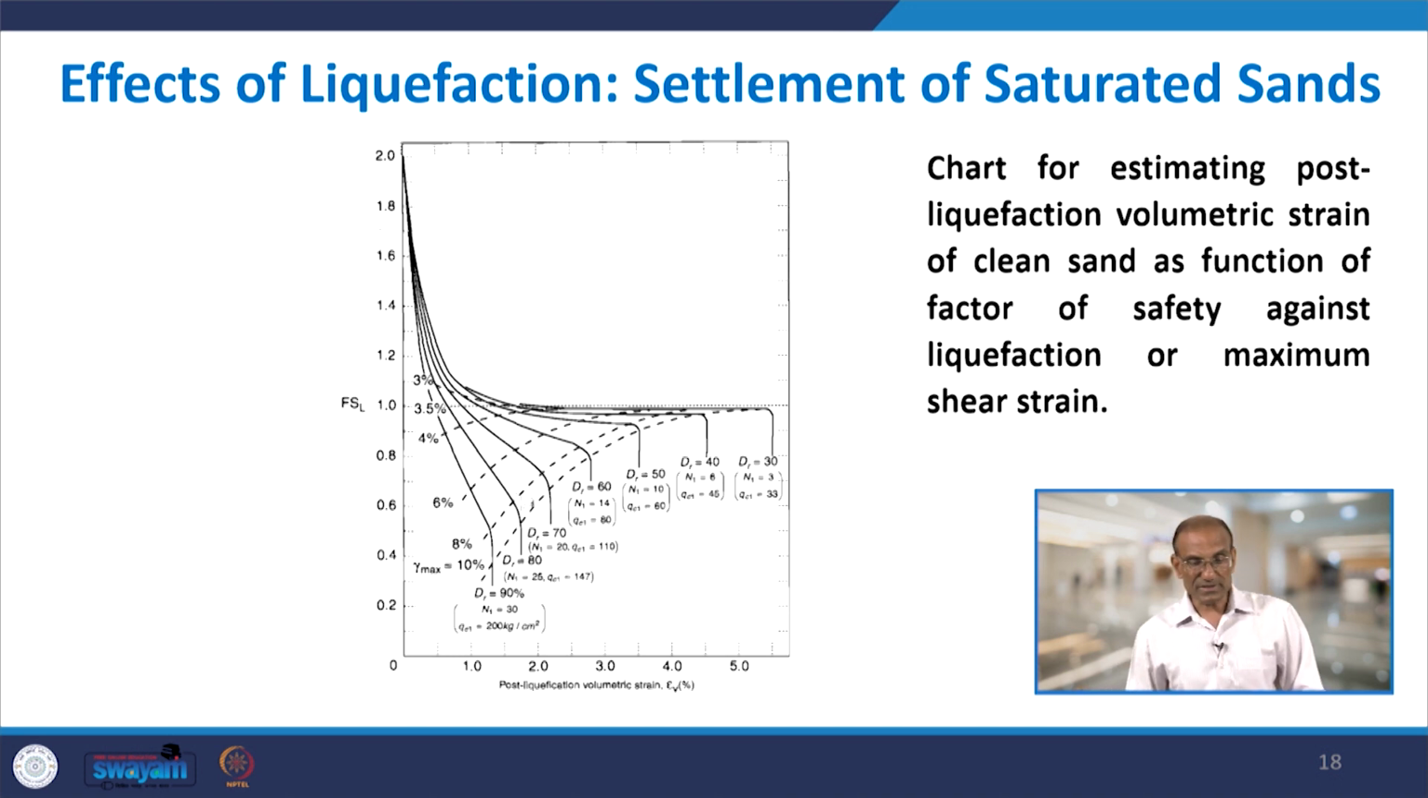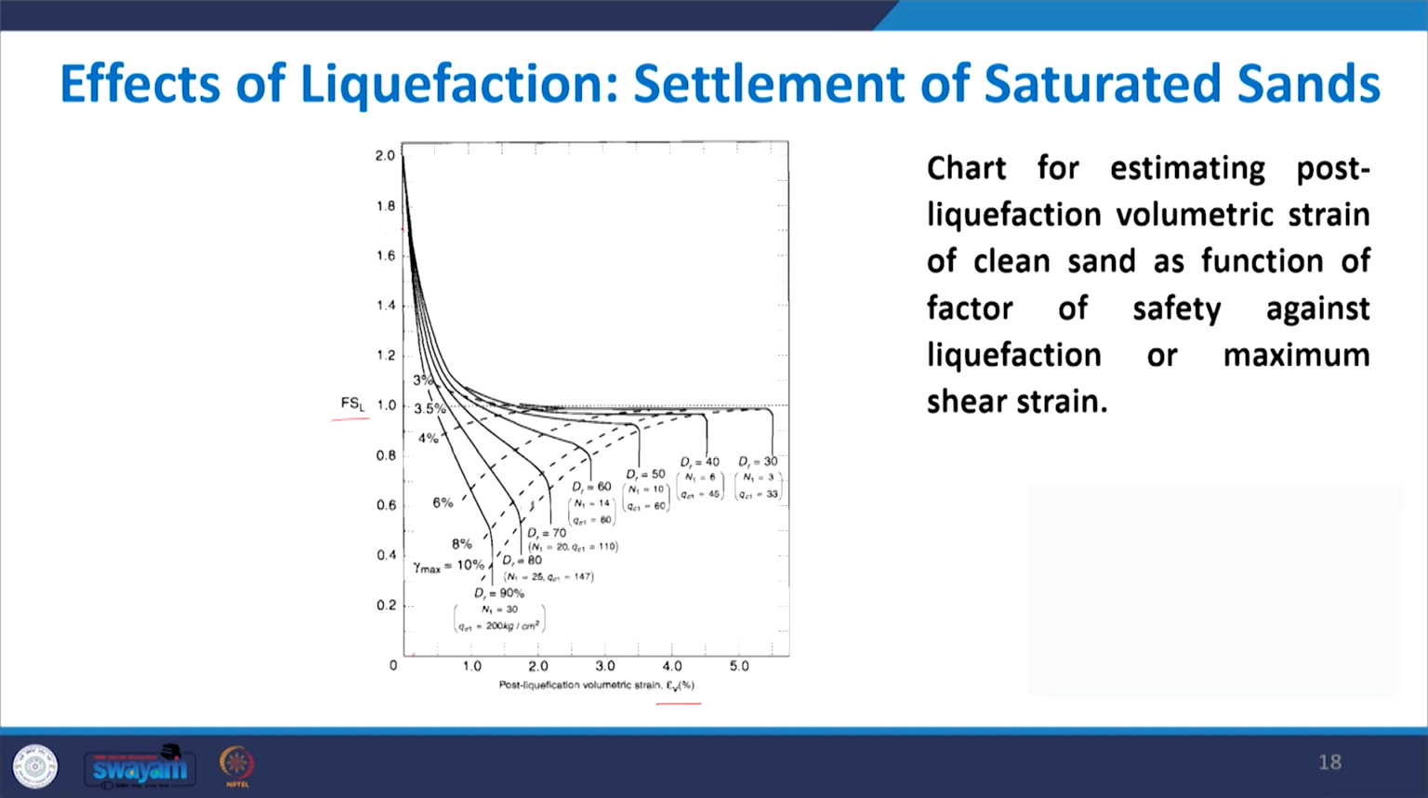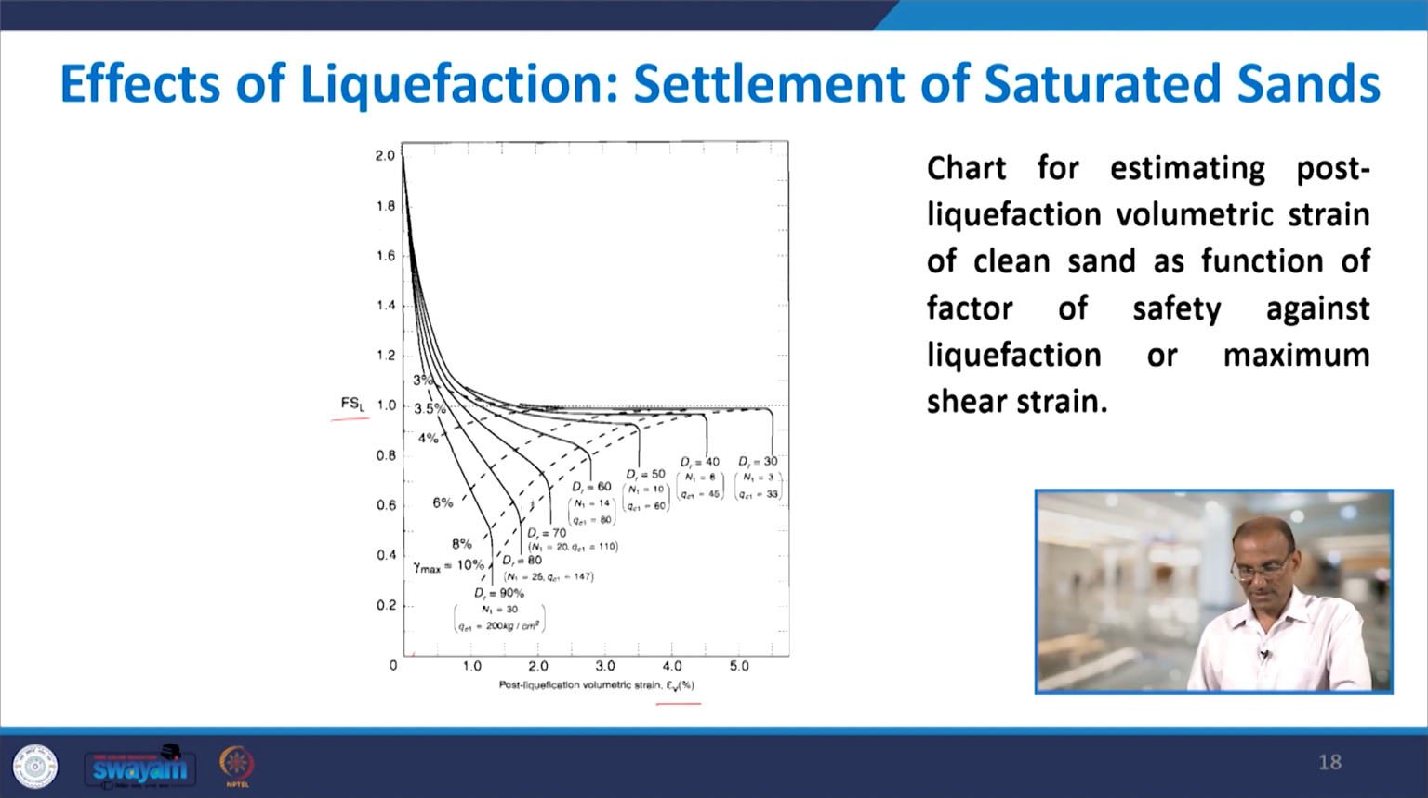In this figure, on the x axis you have post liquefaction volumetric strain in terms of percentage, while you have the factor of safety on the y axis. The factor of safety is ranging from 0 to 2, and this is the line where factor of safety equals 1. Let us say when the factor of safety decreases from top to bottom, that means 2 to 1 and then further, then what you could see for a single curve, for example Dr equal to 30%, is that when the factor of safety is decreasing, then volumetric